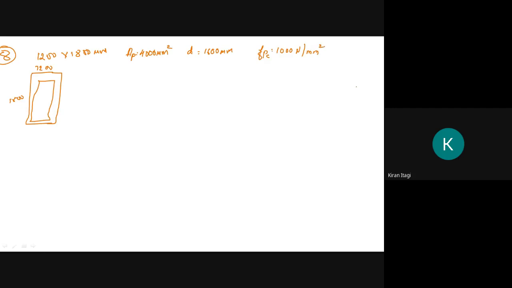The effective span of the girder is 24 meter, that is L equals 24 meter. If FCK equals 40 Newton per mm square, and FP pre-stressing force is 1600 Newton per mm square. Estimate the ultimate flexural strength of this section. So if you know, you can start solving. If others, they can follow me.